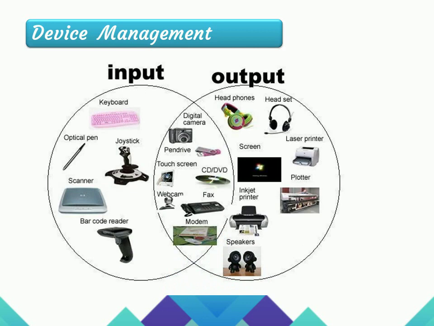So here is the picture. Some input and output devices are connected to our system. Suppose we are listening to music through the headphones, and at the same time we want to take a printout, and at the same time I need to use some other device to do a process. Everything can be done at the same time. All those things can be managed through the device management in an operating system. Okay, so this is about the uses of device management.